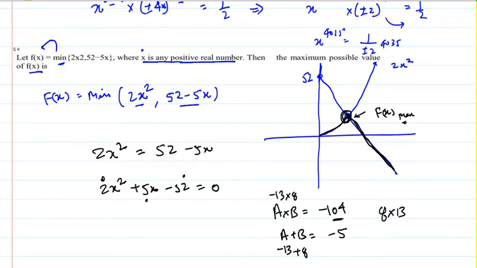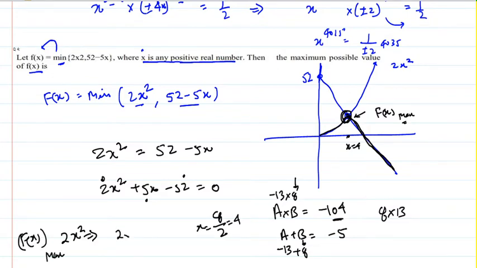These are my roots. Now, because I'm looking for positive values, my root is going to be 8 by 2. I've told you in the previous question as well, 13 and 8 are not your roots. You have to divide back by 2. So, x is equal to 4 is the point of intersection between them. Put that value in any one of the equations, and your answer is ready. If I put x is equal to 4 in the first equation, this is the function's maxima. If I put 4 in this, I will have 2 into 4 square, 16, 32. That is my answer.